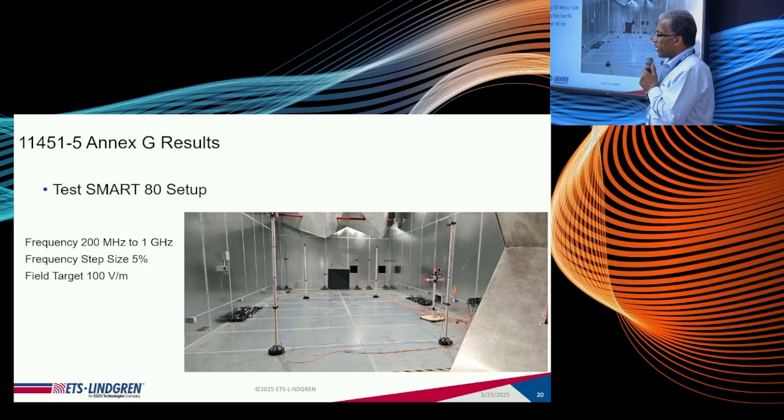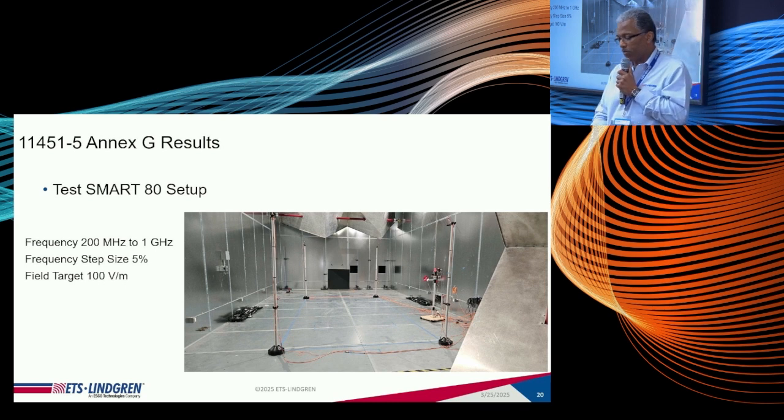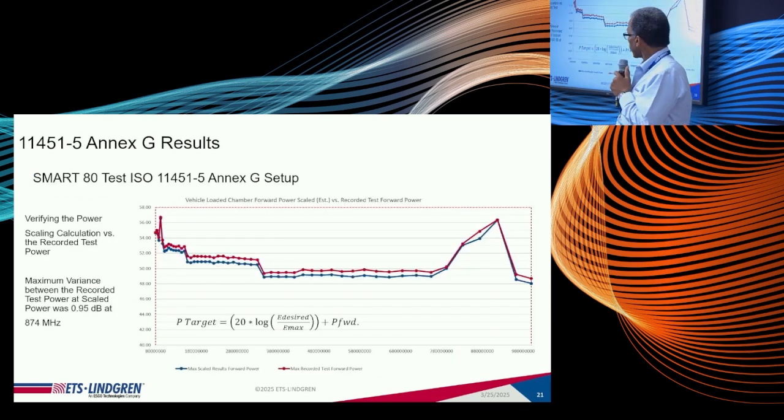And the odd thing about the automotive standard is that the lower probe position is not necessarily coincident with the lowest position of your DUT, your device under test. Because most vehicles will be sitting on the floor of the chamber, maybe on a chassis dynamometer. So you'd be really interested in understanding what your field variation is going to be close to the floor of the chamber when doing that type of measurement.